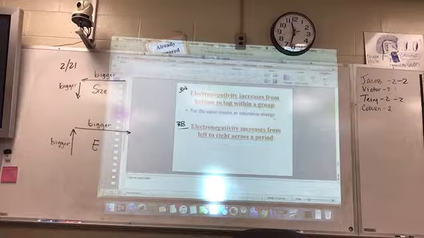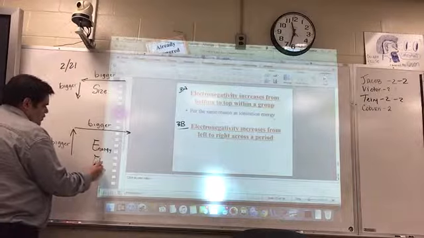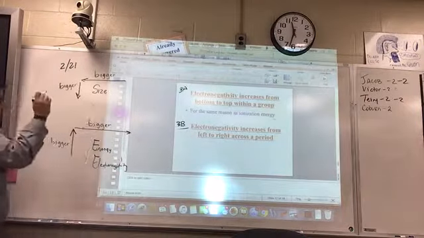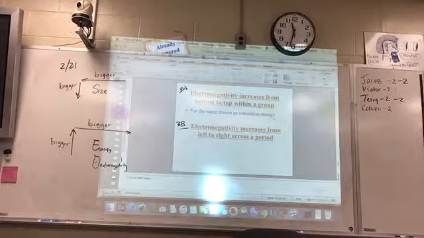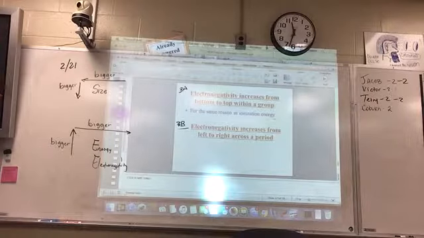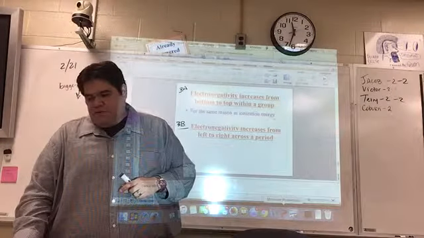Yes, as in energy and electronegativity. So the one for energy and the one for electronegativity, those are the ones, the E's, they increase going up and to the right. The size, they increase going left and going down. So the reason why we have to know this as a trend is because, now I'm switching screens here, so